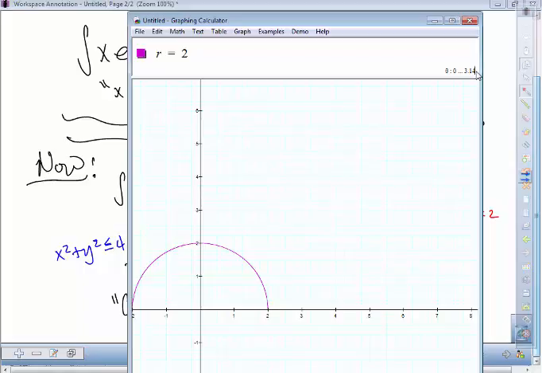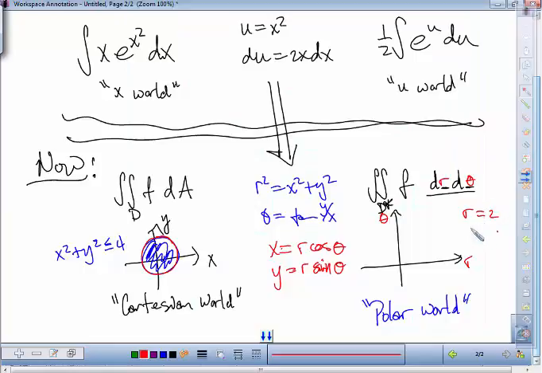So if I want the whole circle, my theta would go from 0 to 2 pi. So that will help control my circle,